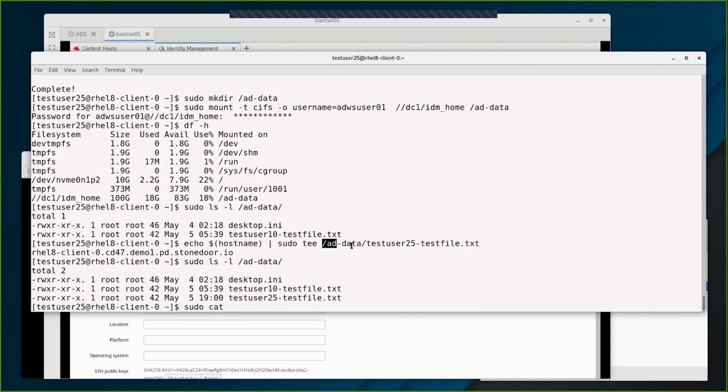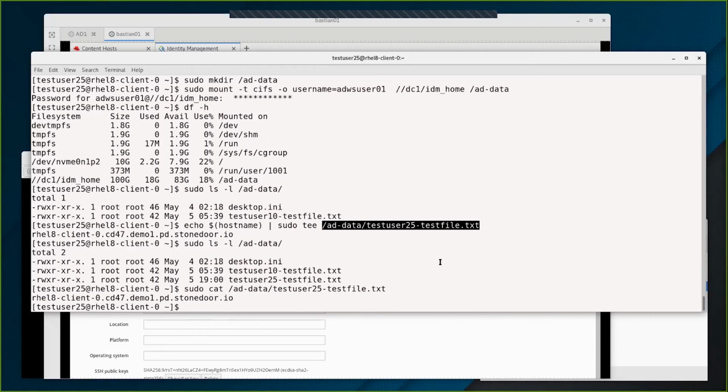Now the sudo cat isn't actually in the lab guide, but that file has the name of my host. So this file, this test user 25-testfile.txt, actually exists on my Windows file system. I can see it and I can work with it here on my Linux box, but it physically resides